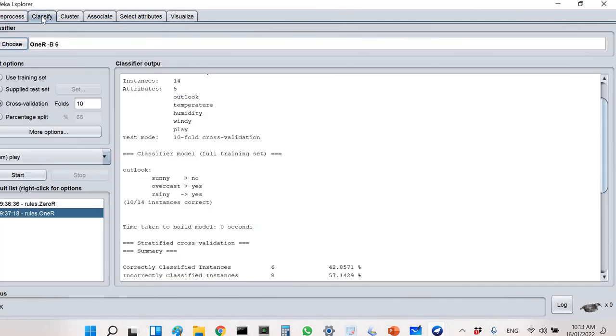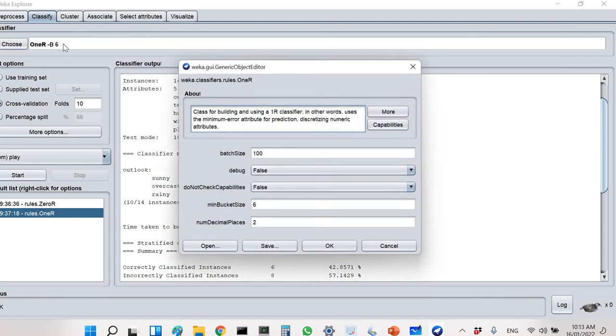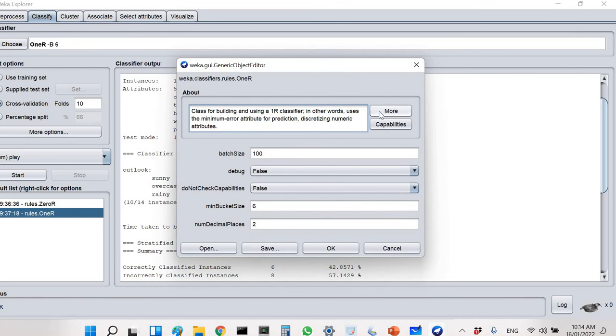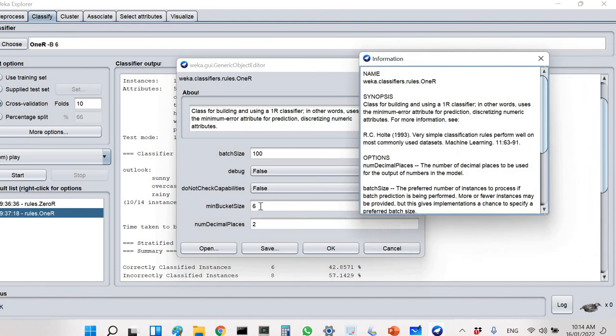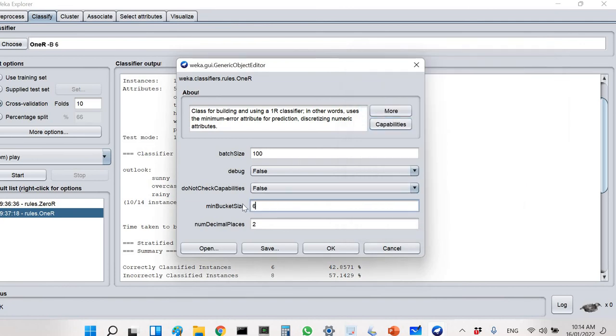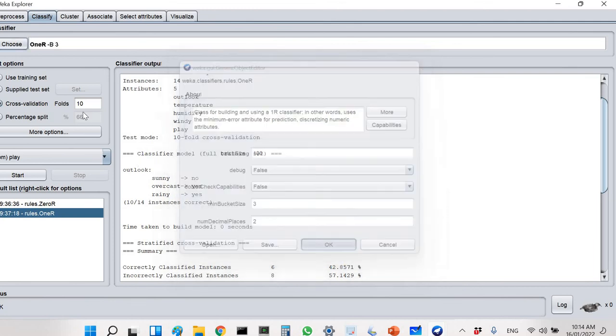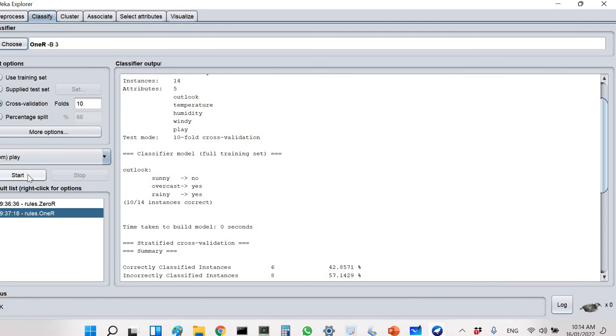And then we go to classify. We have to say 1R. Okay, so you see here there's a parameter B, right? If you click it and say more, minimum bucket size, meaning minimum number of instances, we can specify it here. Right now it's 6, so I'm going to make it 3 because we have decided to use 3. If you use 3 and if you run,